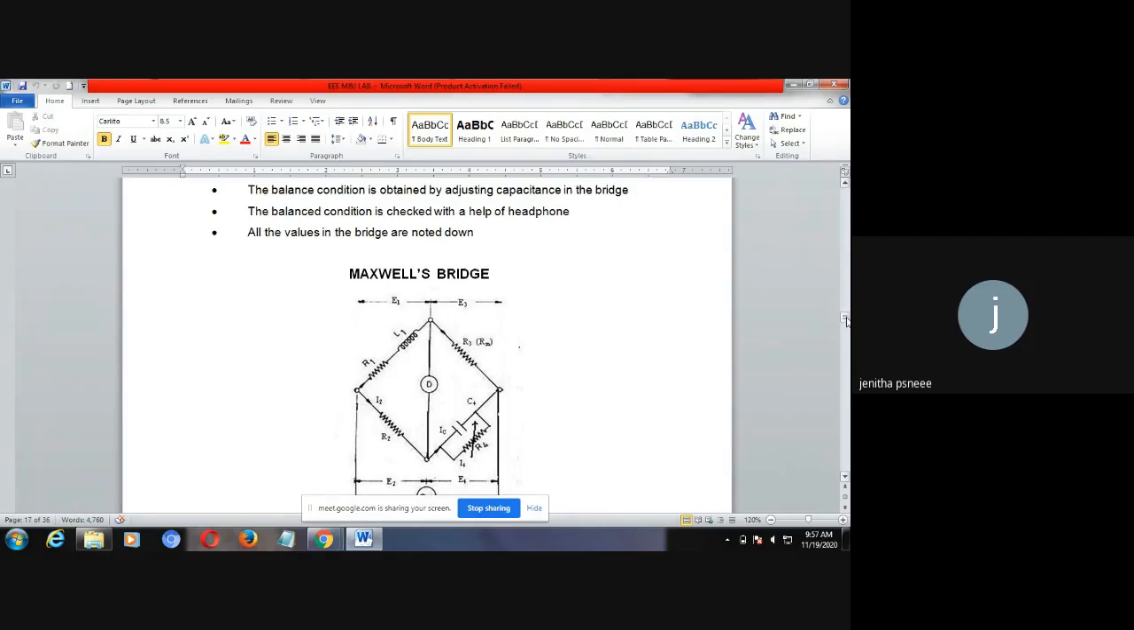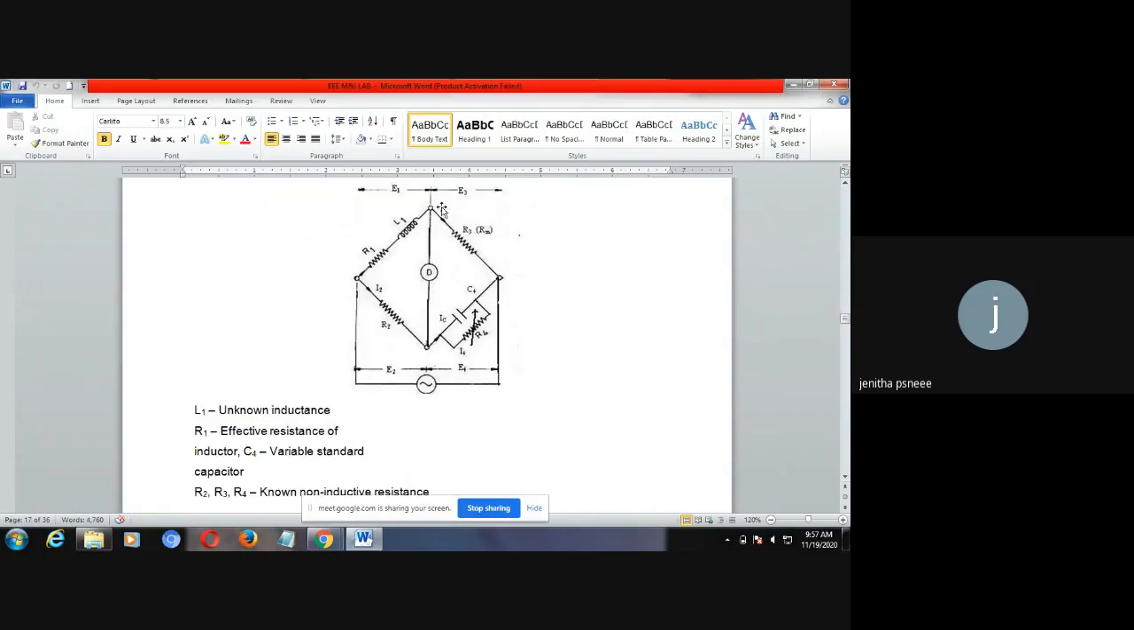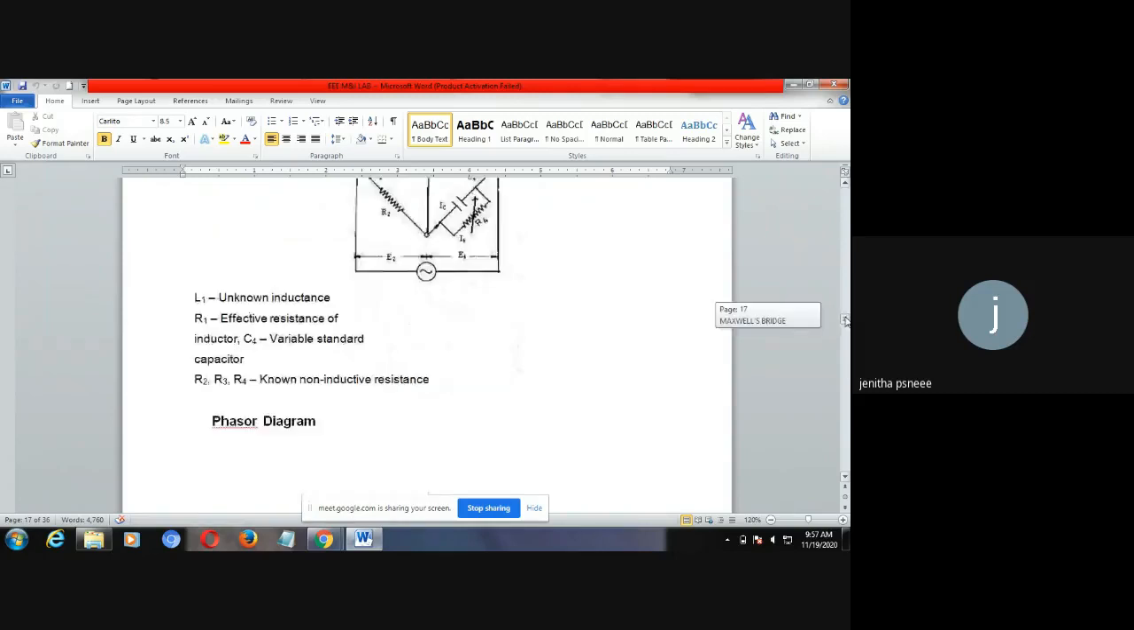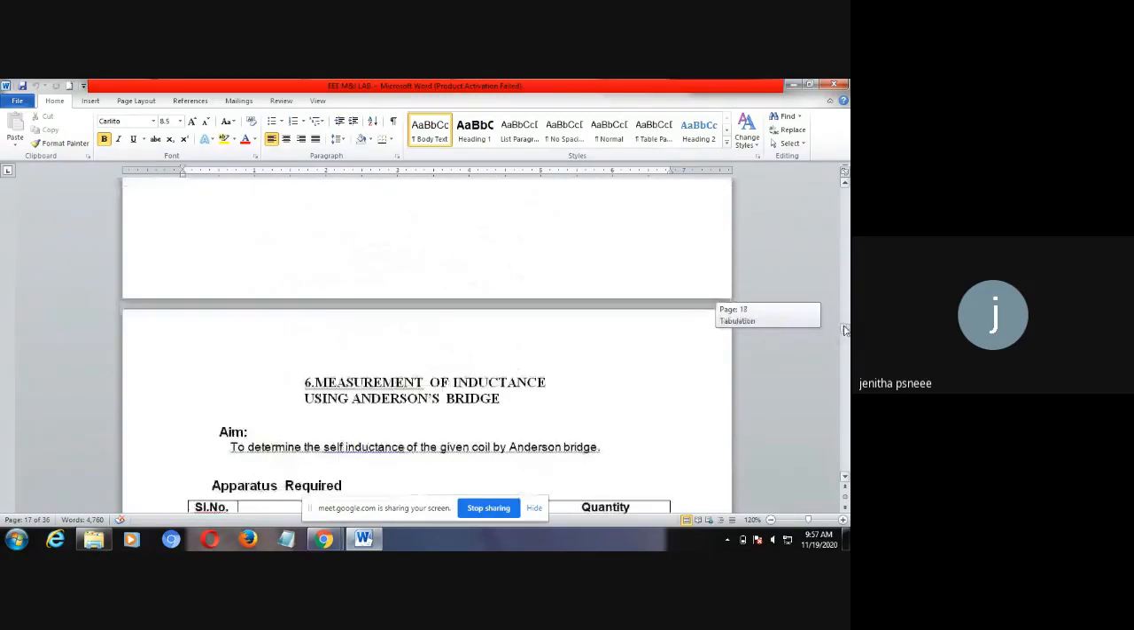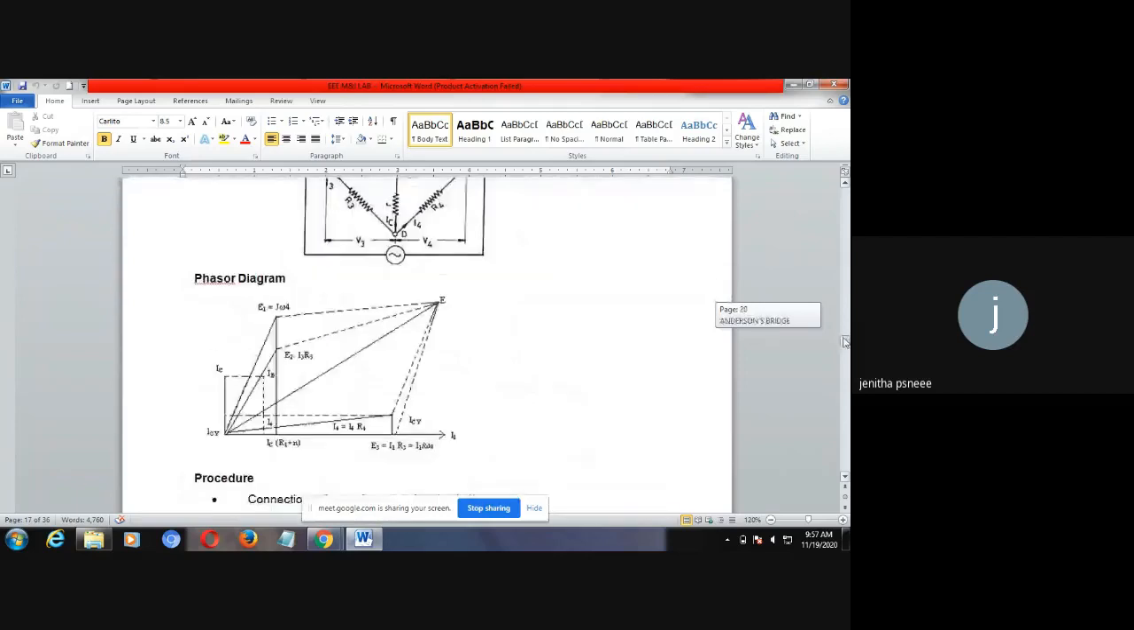The same thing applies in Schering's bridge and Anderson bridge also. What is the condition? Here you are finding the unknown inductance. Then what is Schering's bridge? See here, I will show you the circuit of the Schering's bridge also. In Schering's bridge, you will be finding the